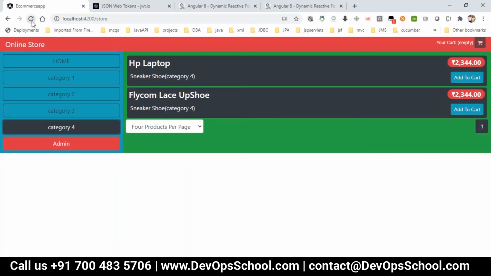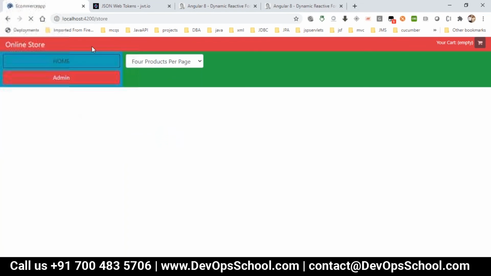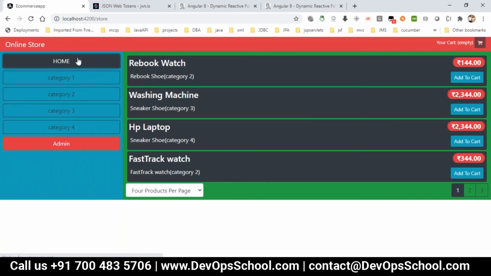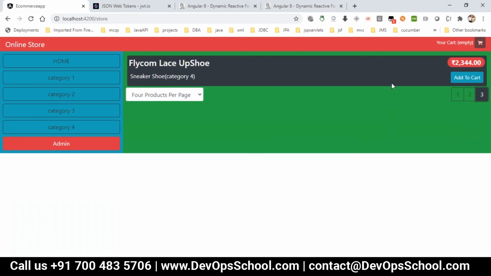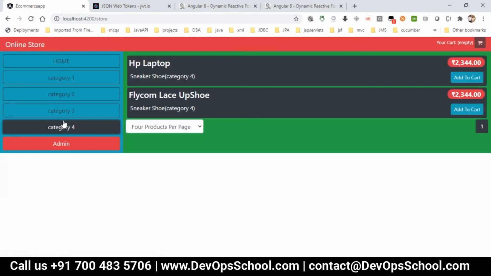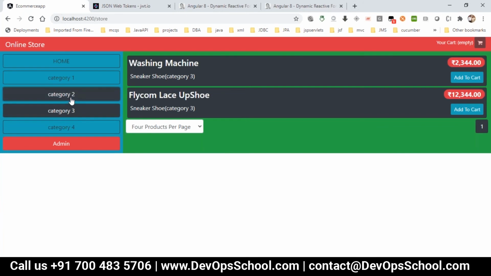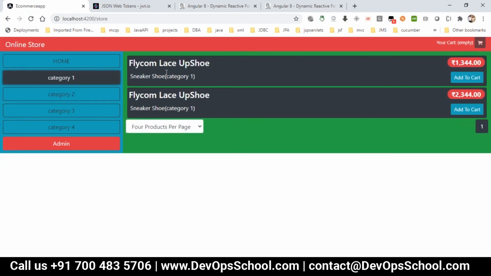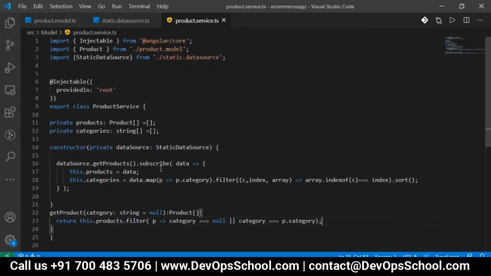Whenever I load a page, I want to get all the products irrespective of category in the home. Like you can have pagination coming, so it has a number of products. But when you go to a category, it will take an input as that category name, and only that category's details will be displayed. Yes, that's true. So only that particular category data will be printed here. Based on the category I'm sending, it should return only that particular product.